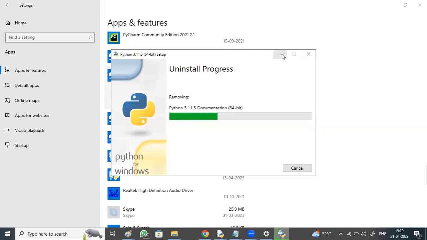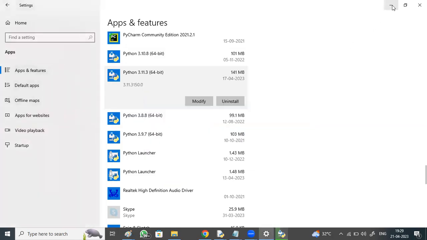How will you check whether your Windows is 32-bit or 64-bit? Just minimize this.